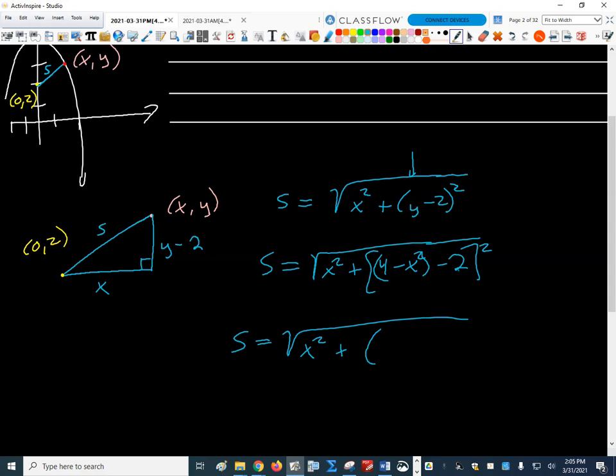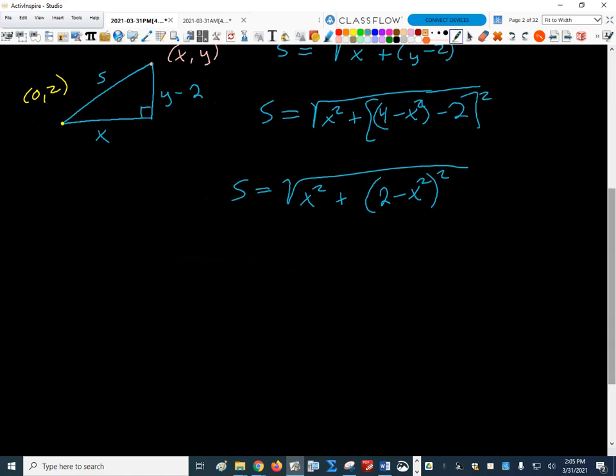Two minus x squared. Good. Everybody agree? Just combining like terms. So I get 2 minus x squared quantity squared. And remember, we know that a minus b squared is just a squared minus 2ab plus b squared, right? So then this would just equal